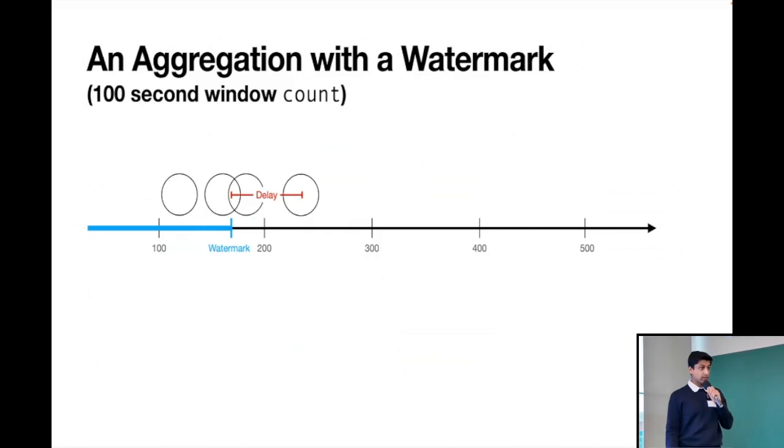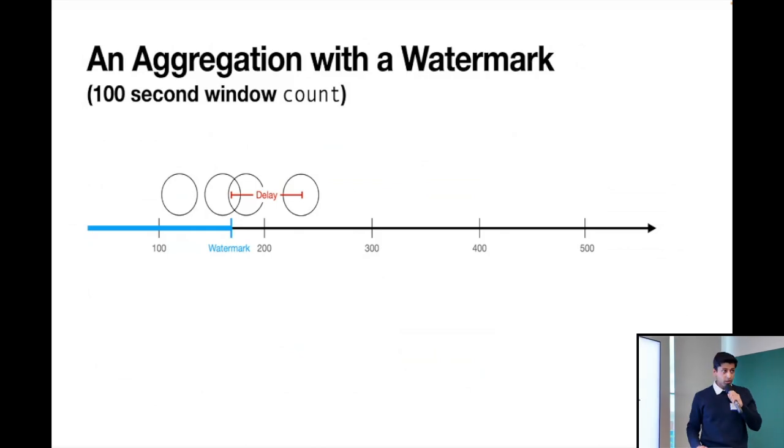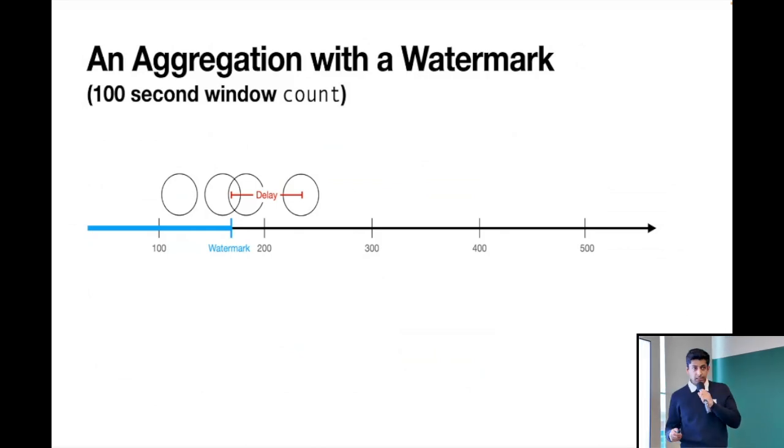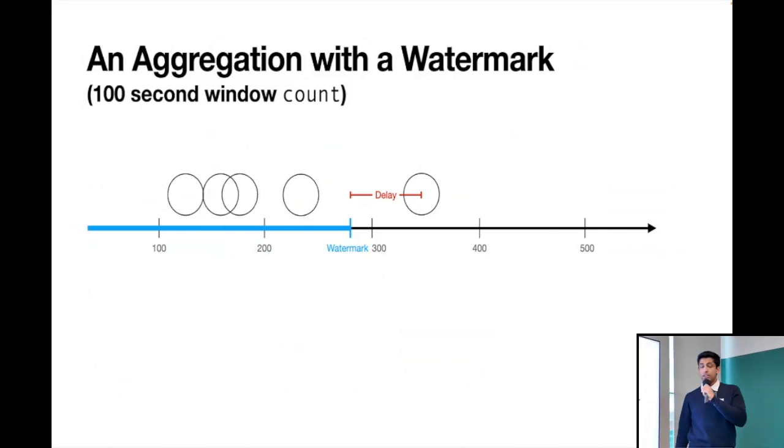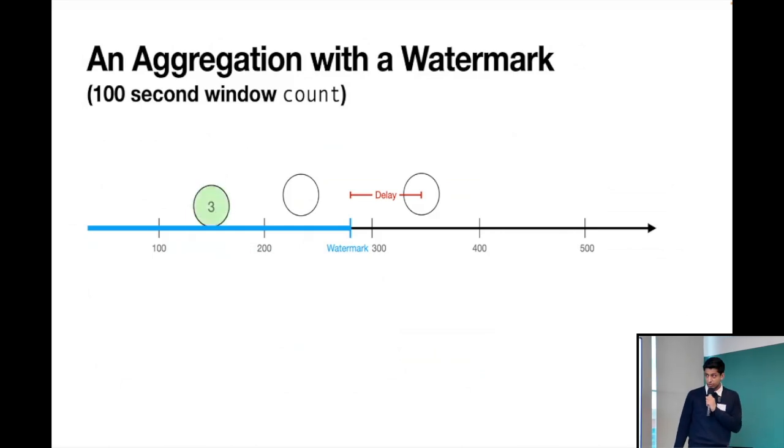Indeed, what happens is that we receive an out-of-order record that's greater than the watermark and less than 200, which means that we got some extra completeness by waiting a little bit longer. And now we receive something at 320-ish, and the watermark advances past 200. And so what that tells us is that we will not receive any more records in the window 100 to 200. And so then we can compute the aggregate of 3 and emit that downstream.